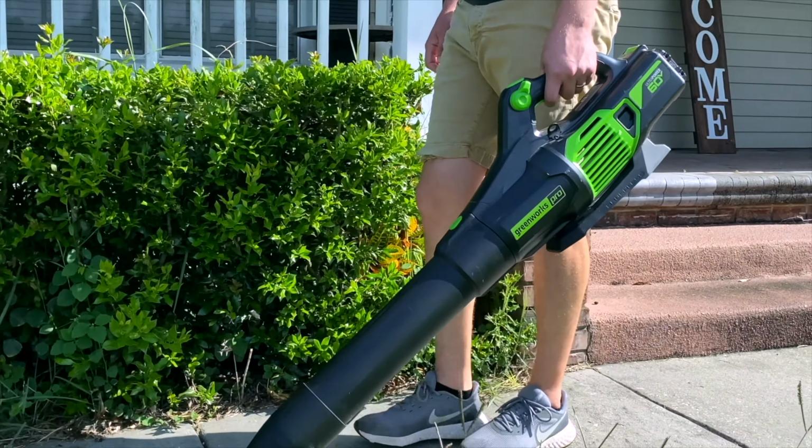Finally, this one is for those early birds who want to get their work out of the way before the sun starts beating down. It's Ryobi's 40-volt HP brushless blower, and it's part of their Whisper series. As battery-powered blowers have increased in power, their noise levels, well, they've crept along right with it. Considering that one of the main advantages of going with a battery blower is noise reduction, well, that presents a